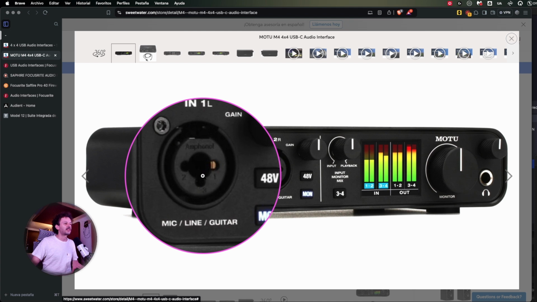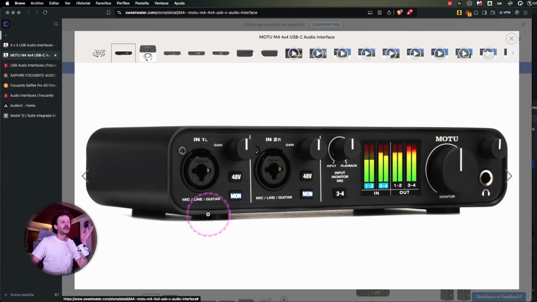So remember that whatever you're plugging into it just has to match. If you're coming from a plug, go into a plug. If you're coming from an XLR, go into an XLR. If you're recording, for example, DJ sessions and you have a DJ mixer, not a plastic controller, no,